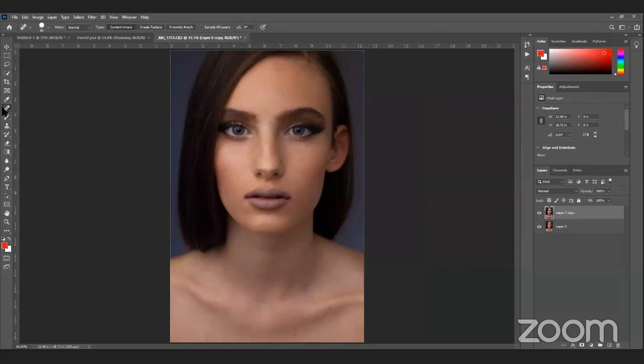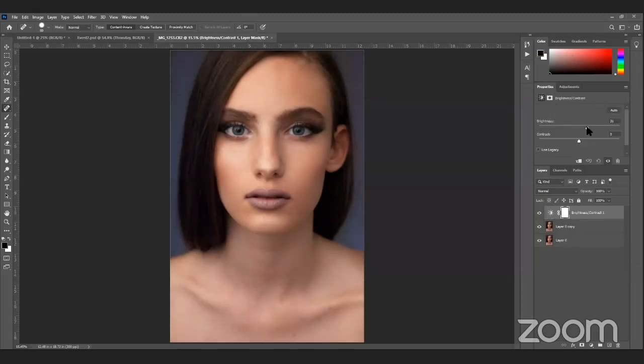I used only the spot healing brush and the patch tool to get rid of the unwanted spots on the skin of this girl. And sometimes the color is not good, so we can adjust the brightness level. We have these adjustments here. So this is bright, so I can just increase the brightness and a little bit of the contrast of the girl's face. You can see that now it is looking a little bit better, much better I would say.